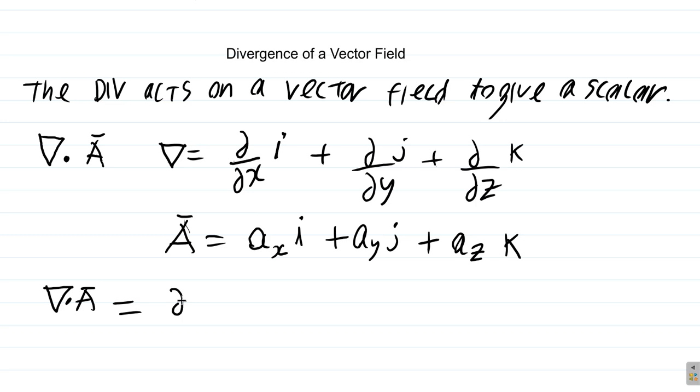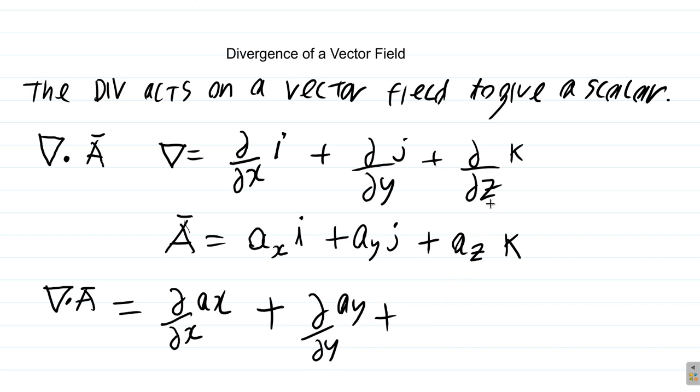So what you have is partial by partial x of Ax. With the dot product, you have no direction, so you drop off the i's and so on, right? You have no directions in the answer. It's going to be a scalar. Here, coefficient of j times coefficient of j. So it's partial by partial y of Ay plus,